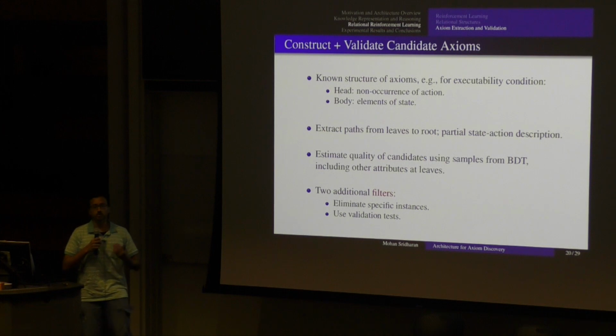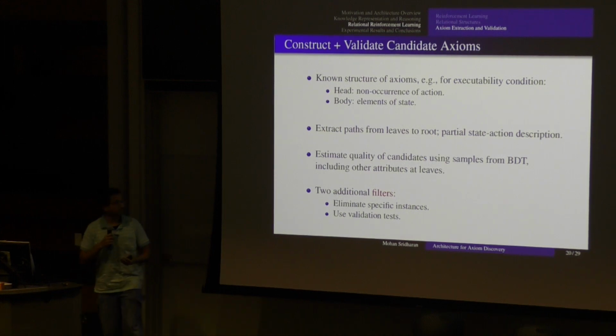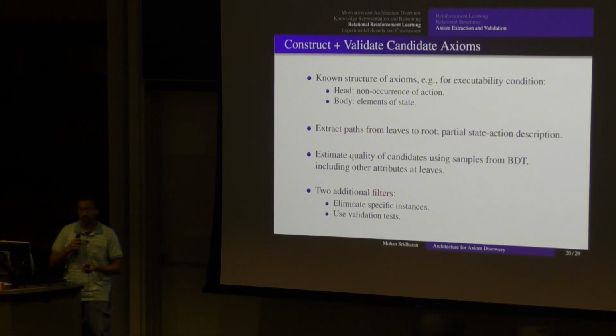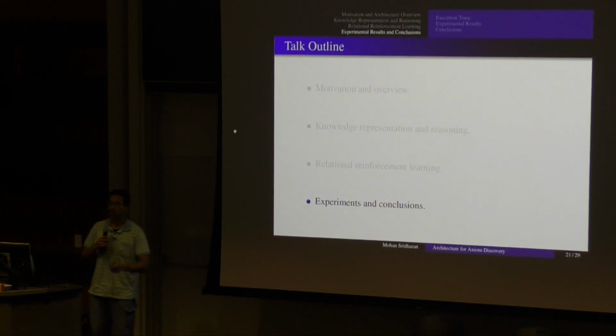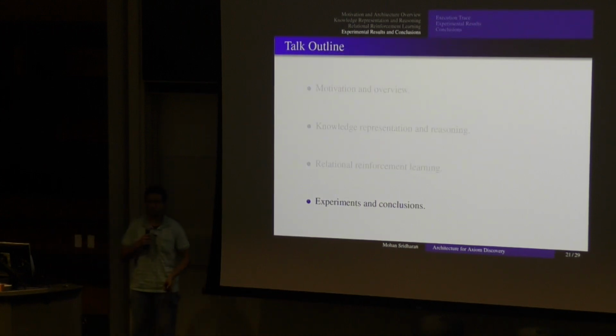And in addition, we also use this knowledge on the robot to actually try it out. And if it does a good job, of course, you know that this is a valid axiom, right? And the good thing, of course, is that because it's non-monotonic logical reasoning, if you make a mistake, you can still recover. Okay, so I'm just going to show one execution trace, and then I'm done.